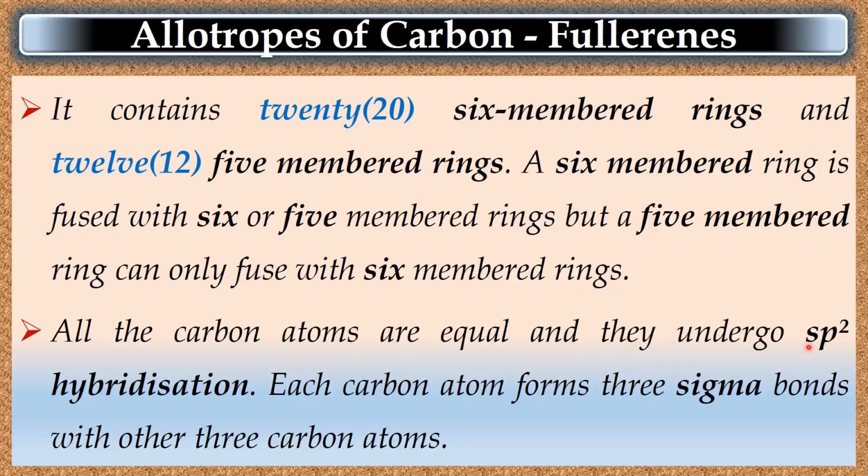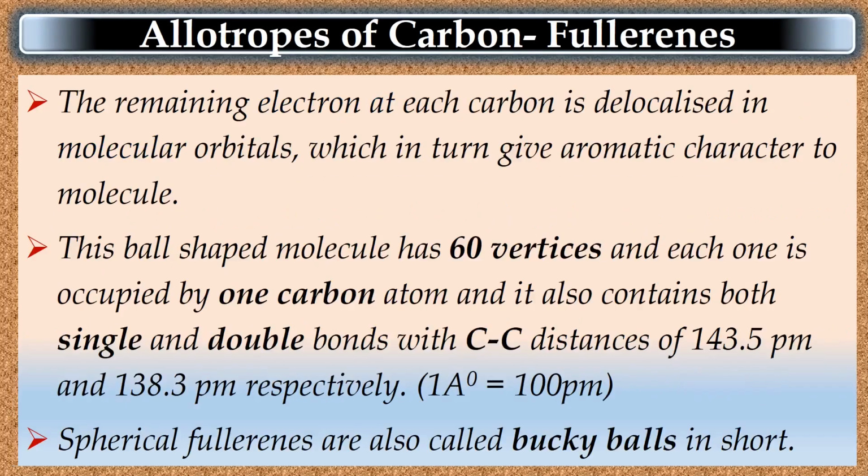All the carbon atoms are equal and they undergo sp2 hybridization. Each carbon atom forms 3 sigma bonds with other 3 carbon atoms. The remaining electron at each carbon is delocalized in molecular orbitals, which in turn give